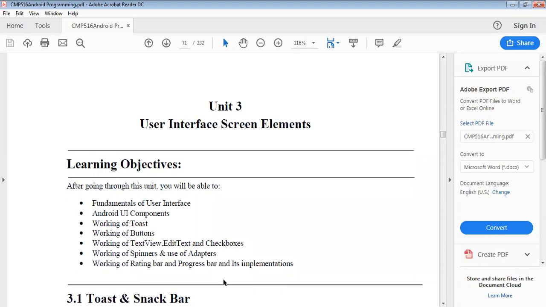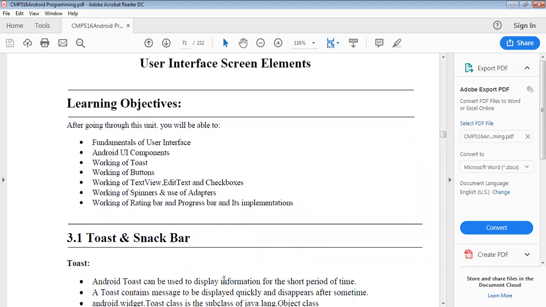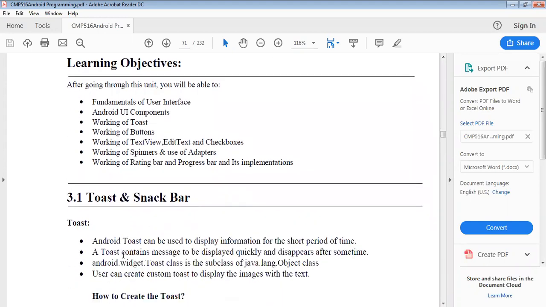So we can start. First topic is toast and snack bar. First of all, toast means what? That toast means in Android, toast can be used to display information for a short period of time. Here, a toast contains a message to be displayed quickly and disappears after some time.